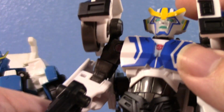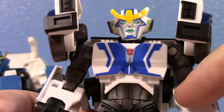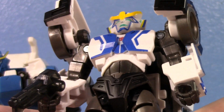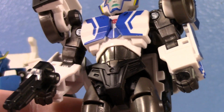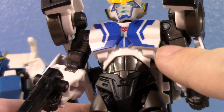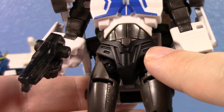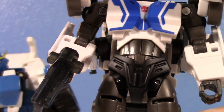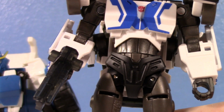Her chest looks pretty cool. Again, has some nice blue striping in there. Has a little tiny Autobot symbol in the middle. I'm digging it. One thing I love is the subtlety of the color difference. She's got this sort of gunmetal color, and then she's got black kind of thrown in there with it. I really like that. Instead of it just being one color, it actually has some differentiation between the parts that